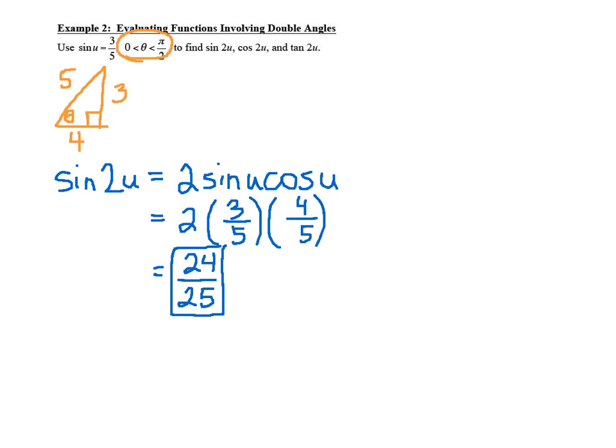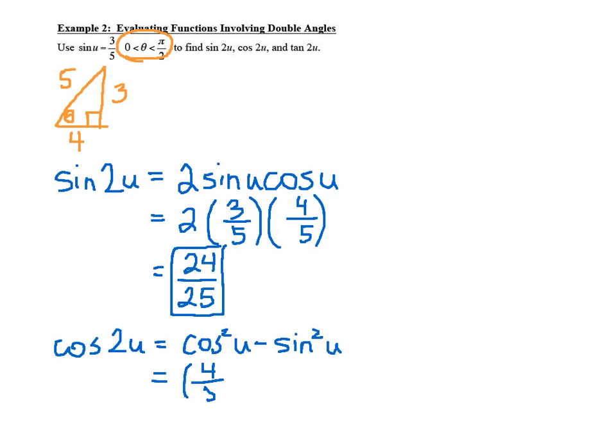Now the cosine of 2u, you actually have 3 different formulas you can use. And it doesn't matter which one you use. I'm going to use the one with cosine squared u minus sine squared u. And since I already know the fractions for this, I can plug in 4/5, and that'll be squared. That'll end up being 16/25 minus 3/5 squared, which would be